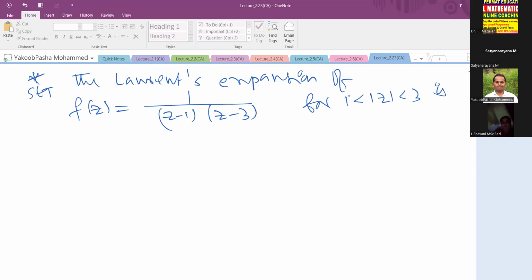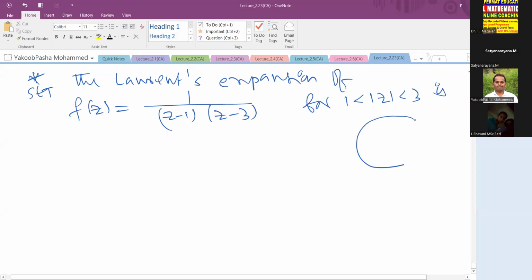It is the annulus bounded by 2 concentric circles. That is, origin is the center, and the first circle radius is 1 unit, and the second circle radius is 3 units. Okay. So we have to expand the function